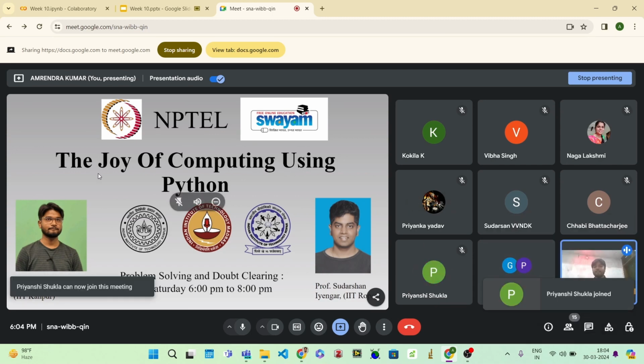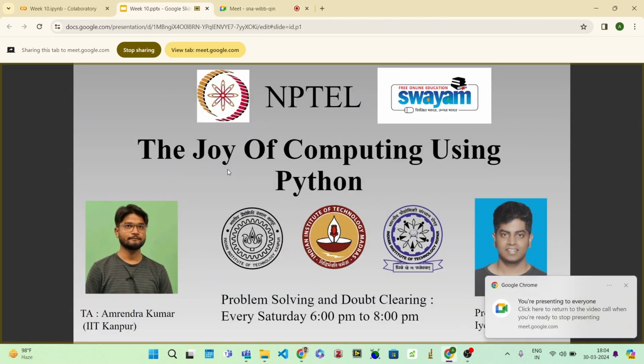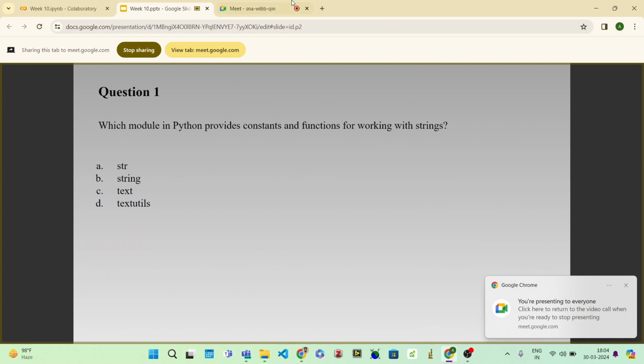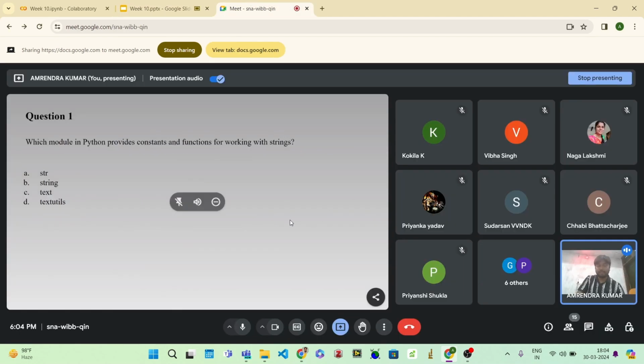Okay, let's start now. In this week, we are going to talk about strings, and then we are going to talk about multi-array. These are two things that are interesting in today's discussion session. And so with this, our first question is,